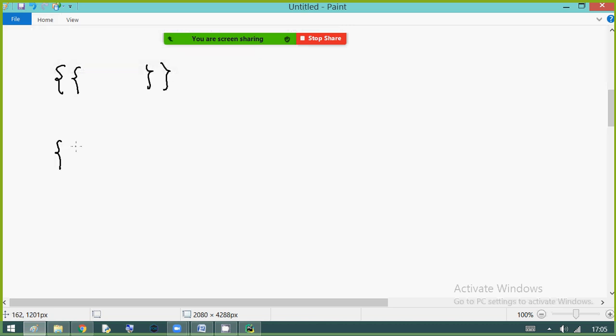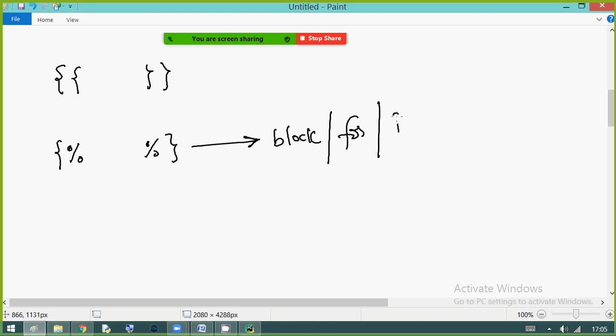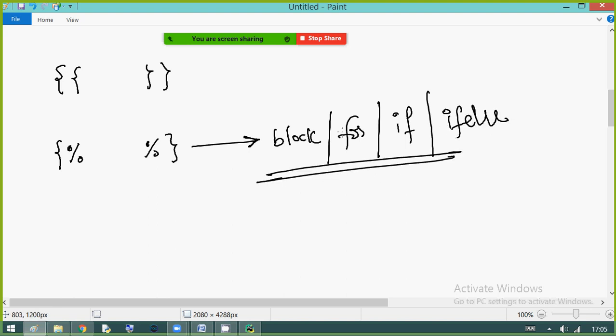Another one is the tag, or you can call it the block tag. In this block tag, we use block, for loop, and if else statements that we are going to write. In the variable tag, we use it for printing purposes.